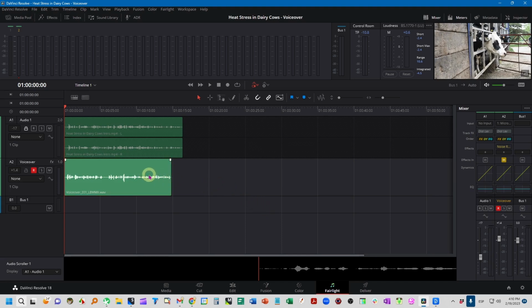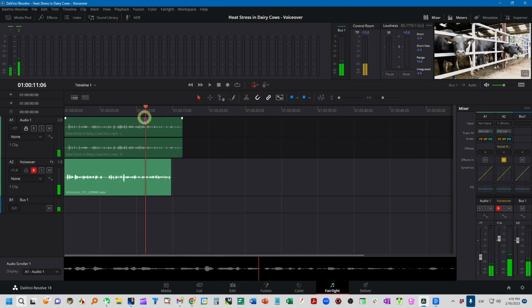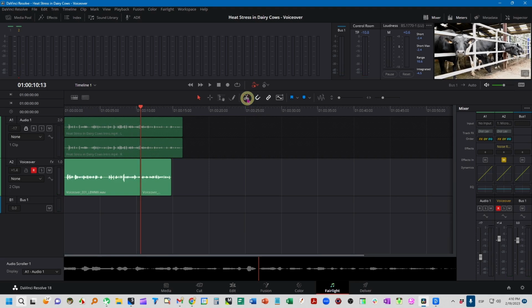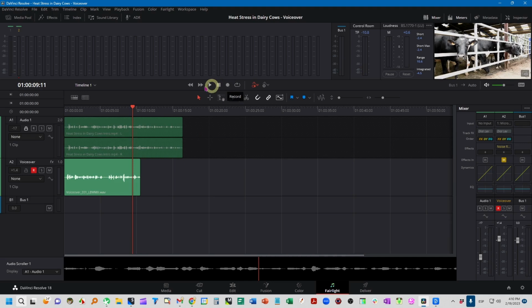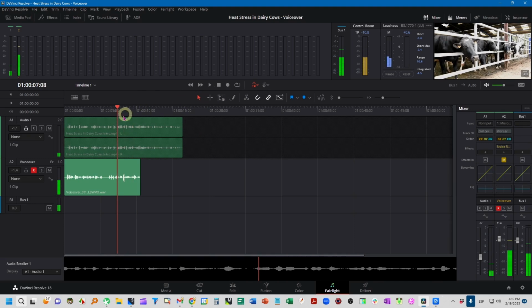Let's say, for example, that this last part wasn't right and I want to edit that out and re-record that part. So what I would do is I would move my playhead to where I want to cut that last part, for example, and then cut that out, delete it, and I have the playhead exactly where I need to start recording again. What I could do is just go slightly back, start playing, and I need to be ready